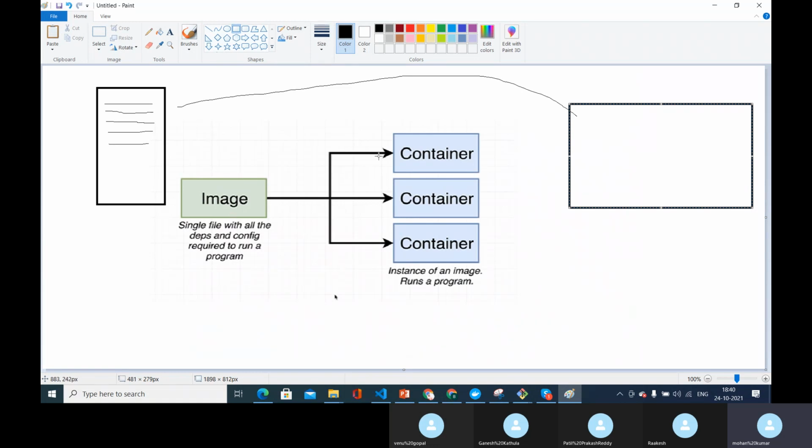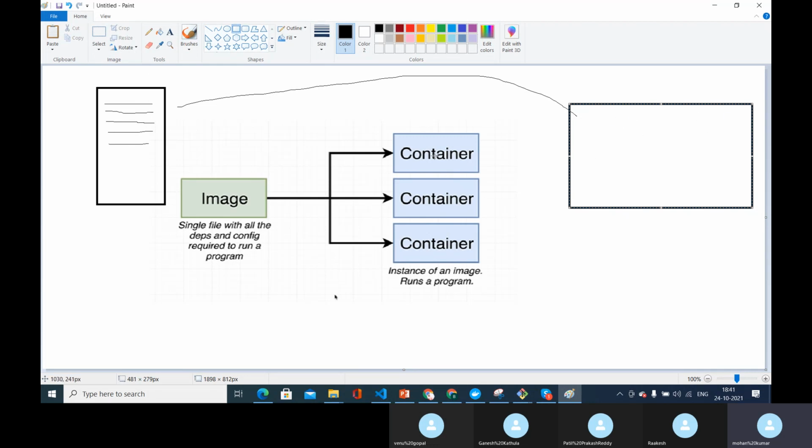A container is the visualization form of the image file, or the actual installation of the software and the actual readiness of the OS for this web app to run. All that will be converted into real time in this container. So this container is like a real form of this image, which can actually run the web app. That is what a container is. We call this container an instance of an image that runs a program, and this movie is an instance of the script.